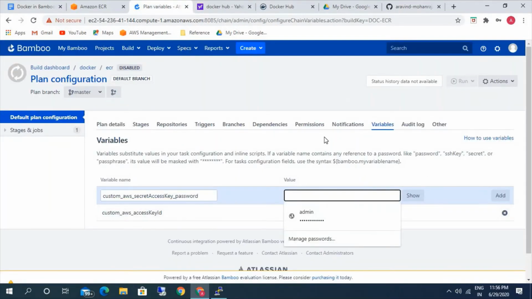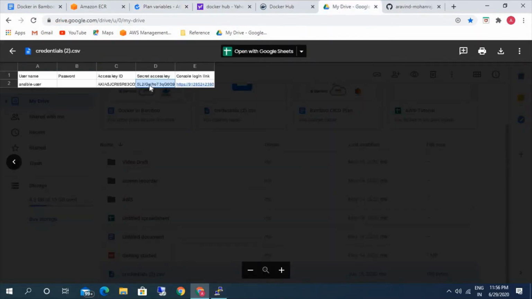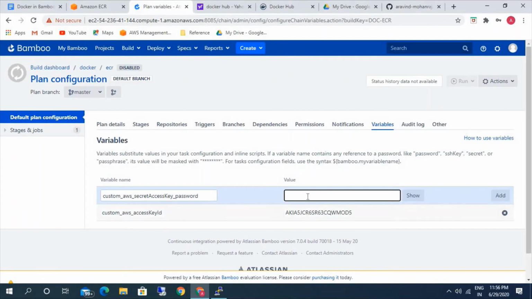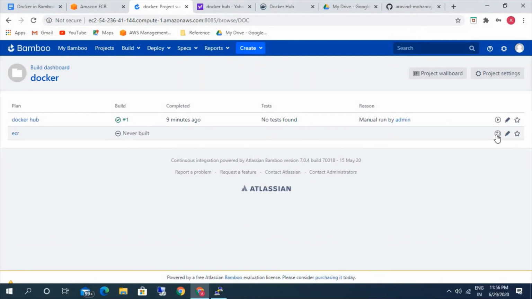Since it's a password, it will be shown in stars, so you will not be able to see the password. Click on add. So we have created our credentials here. Now we need to enable the ECR. Okay, it's done.